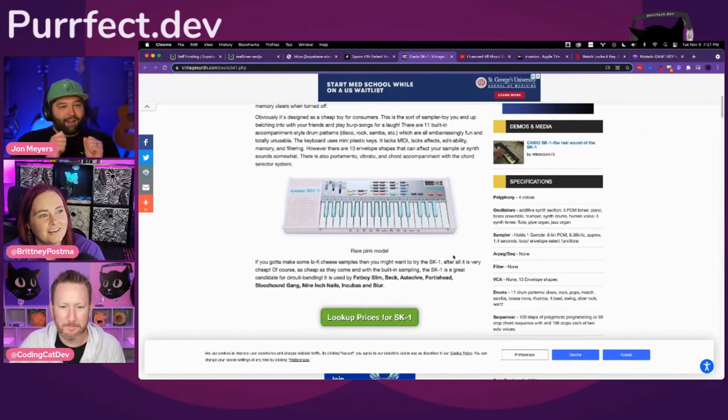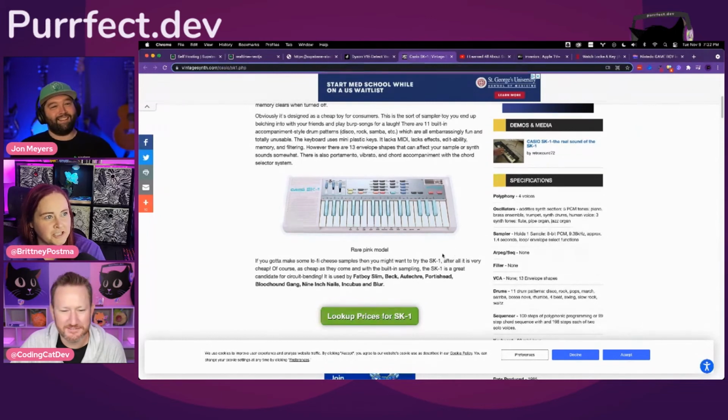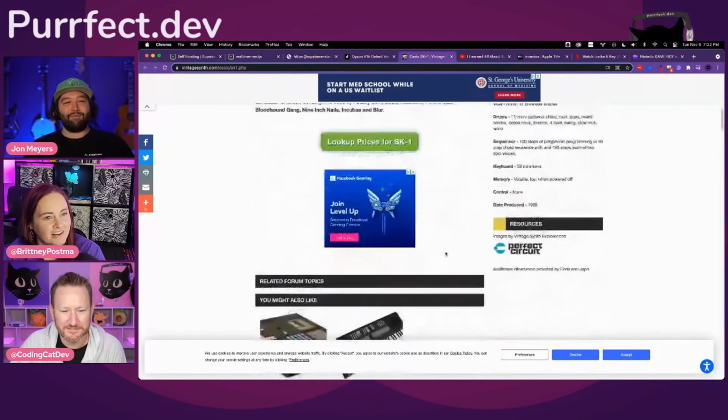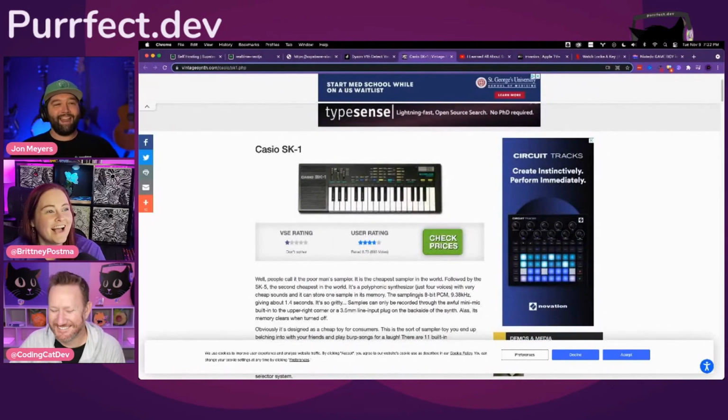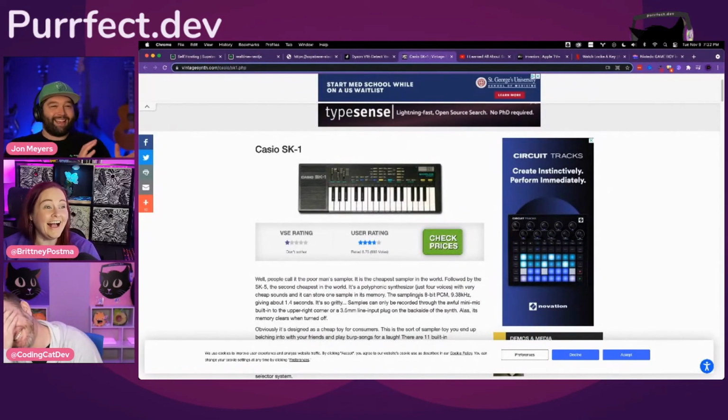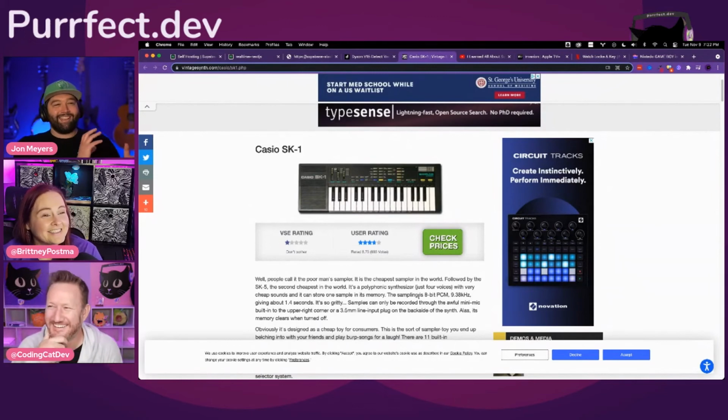It's got a little microphone in it, and you can press record and talk into the microphone, and then it lays it out on the keyboard so you can play that sample back at different pitches. Wow. And it's so much fun. Is this actually the one from the 80s or is this a revisioned one? No, this is the one from the 80s. I also don't actually recommend that anyone purchases this because it's kind of a collector's item as well. So don't actually go and buy this.